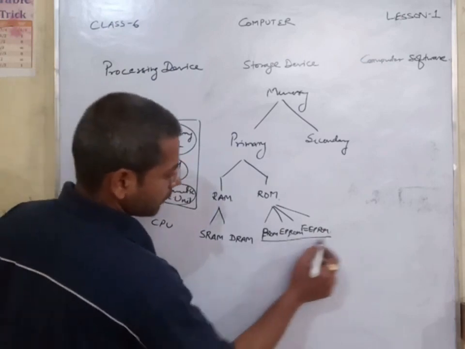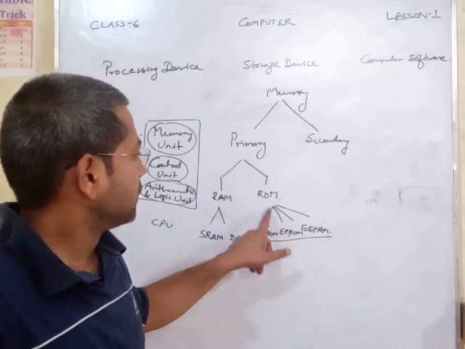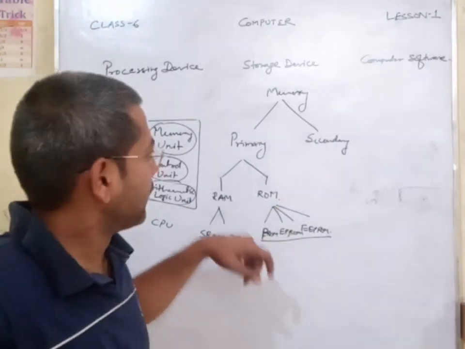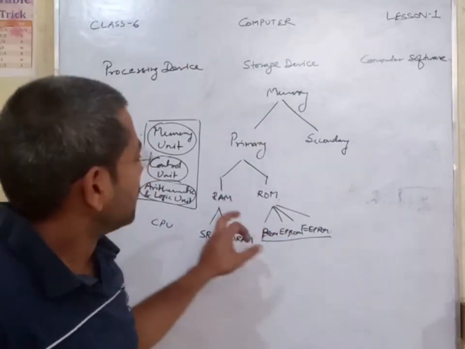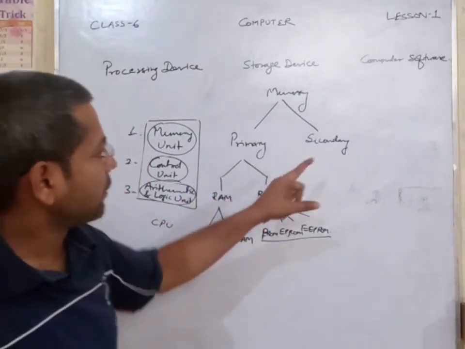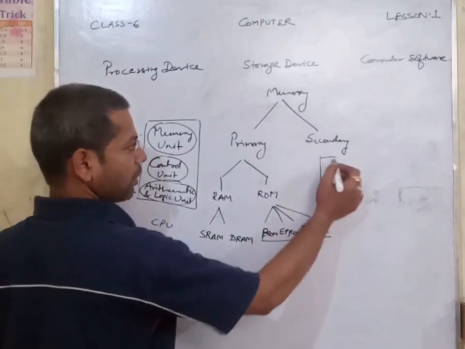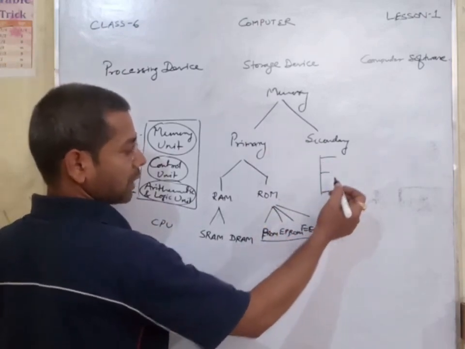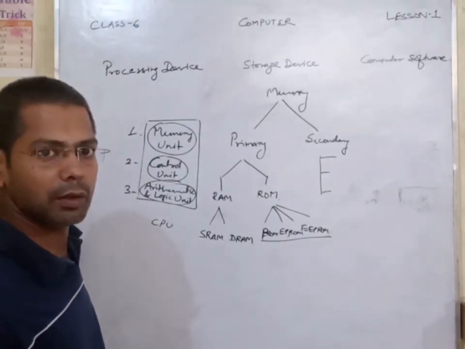So there are the different types of ROMs, read only memory. This was the classification of storage devices. The different storage devices have different functions. Secondary memory is of the type which holds the data for a longer period of time, or we can say when we want